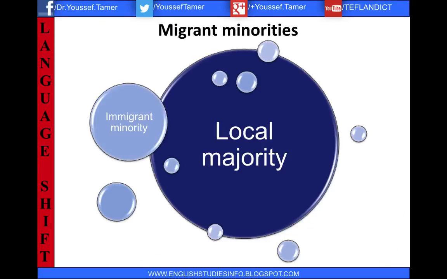The first one is like, we have our Moroccan brothers and sisters and family relatives who immigrate to Europe. These people are referred to as immigrant minorities, and they immigrate to a local majority. That's Europe, Europeans, France or Spain or whatever country in Europe. So you have migrant minorities. This is the first kind of scenario, situation, where we can have this issue of language shift, language death, language